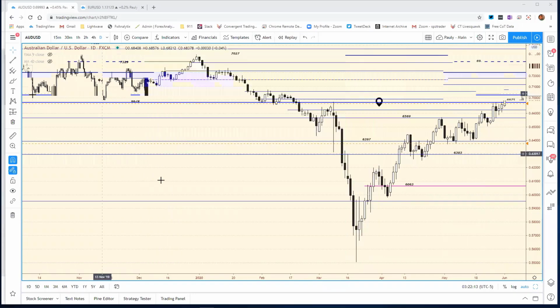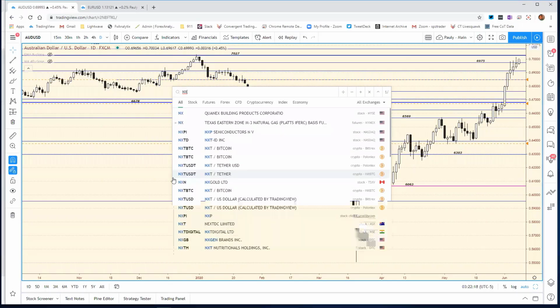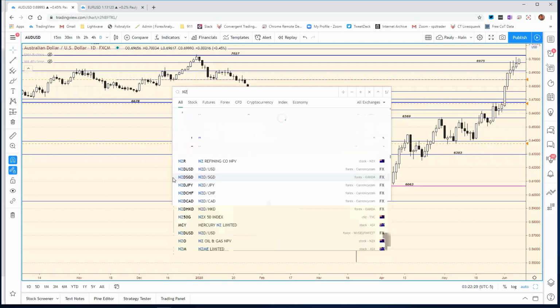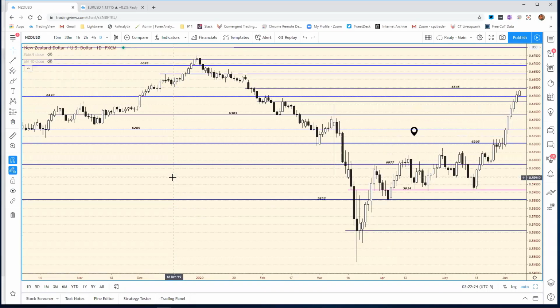Moving on to the Kiwi. Also, it helped out. Remember, the Chinese data was not as bad as could have been, so that gave it an extra boost. Boy, they are really pressing the shorts on this stuff, whether it's the Aussie or even more so now the Kiwi. As I said, the Chinese data wasn't as bad, and on top of that,